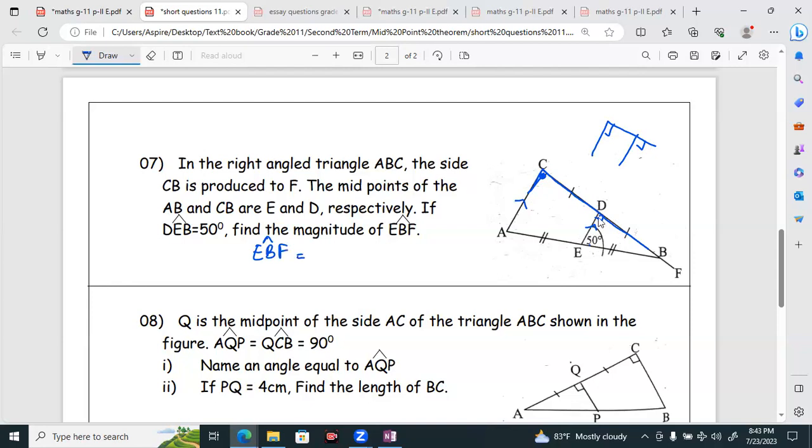It is the exterior angle which is formed by producing one side of the EDB